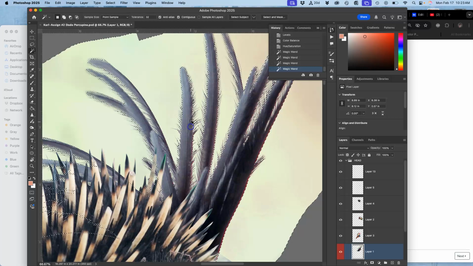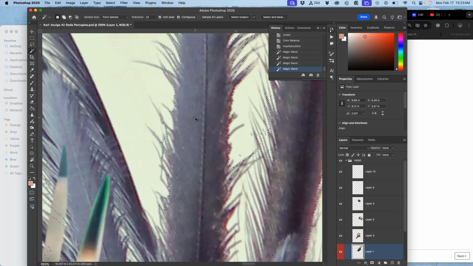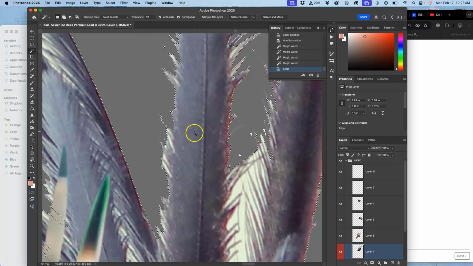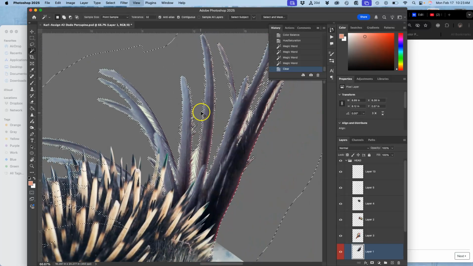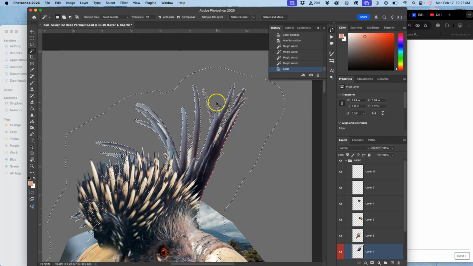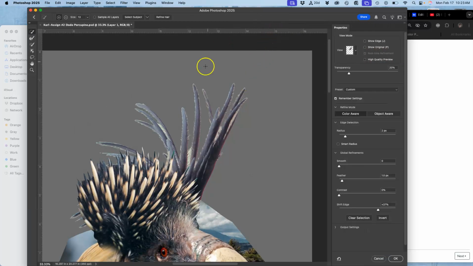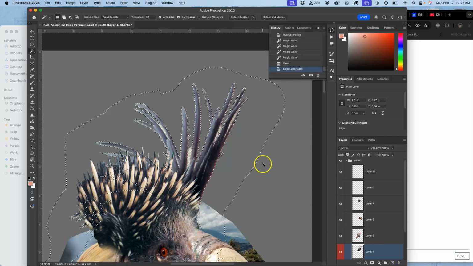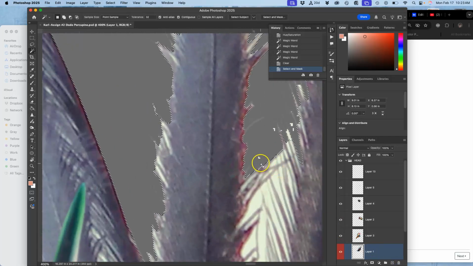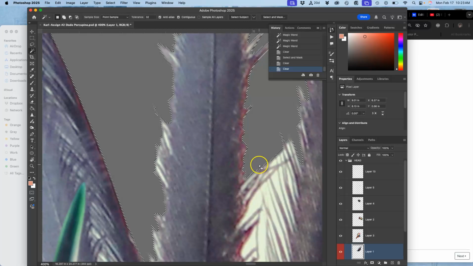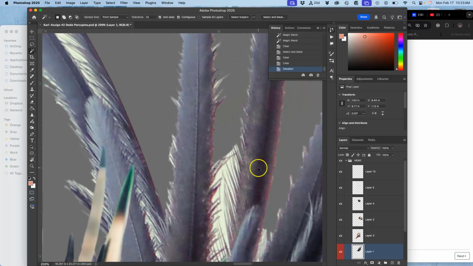And then, before I hit delete, because if I hit delete now, it'll be really sharp. Which actually isn't terrible. But what I can do is I can say select and mask. Even after I hit delete, as long as the selection's still active, I can feather that selection by 1 pixel, grow the edge a little bit, and then that, when I hit delete, will soften it. Just a little bit, bite away from it. That helps get rid of some of that